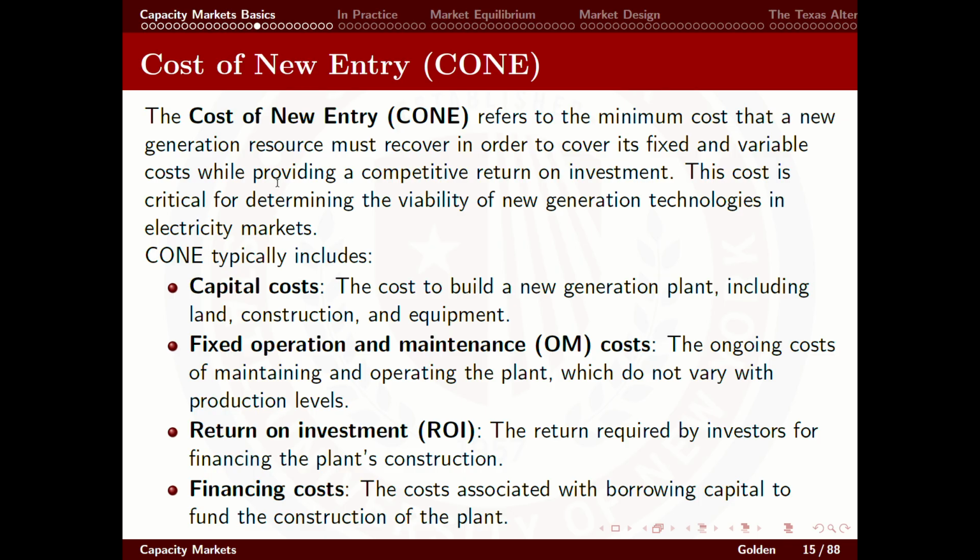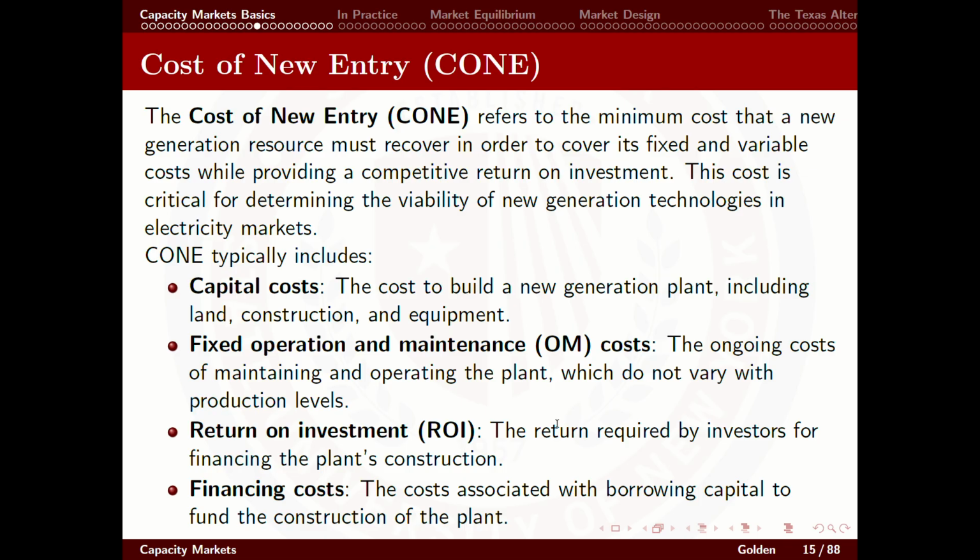It includes capital costs, fixed operation costs, return on investment, and financing costs. Return on investment is part of what makes this different from LCOE. In LCOE, we're just looking at the cost to return your money. But here, we're saying specifically,